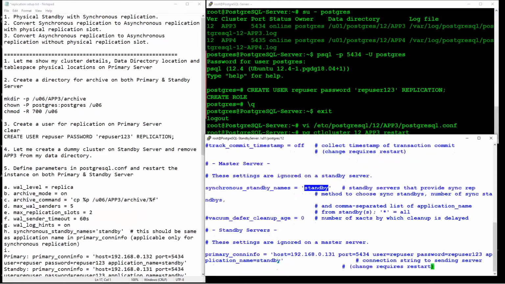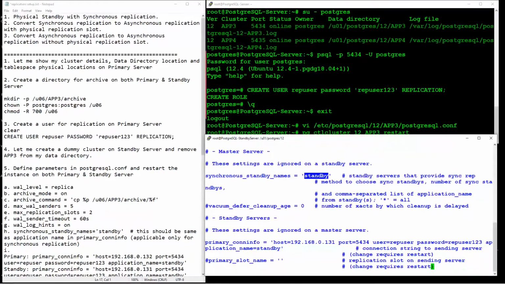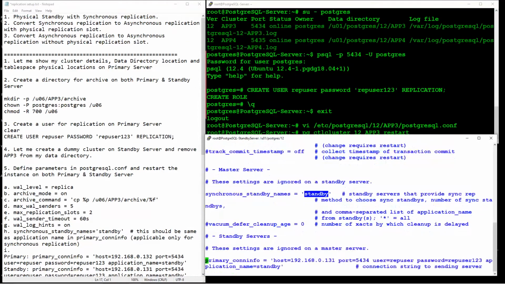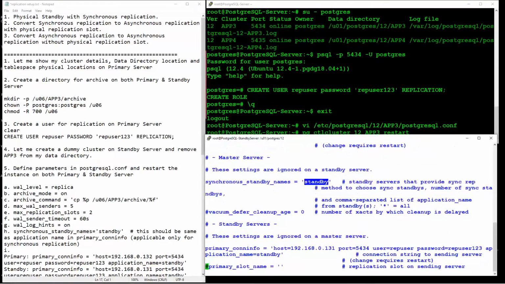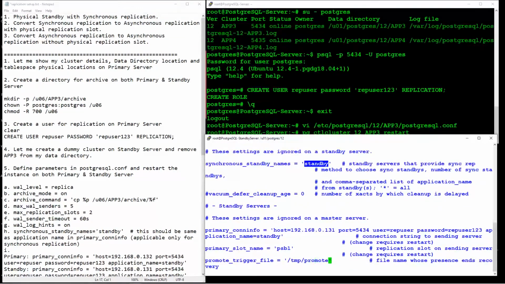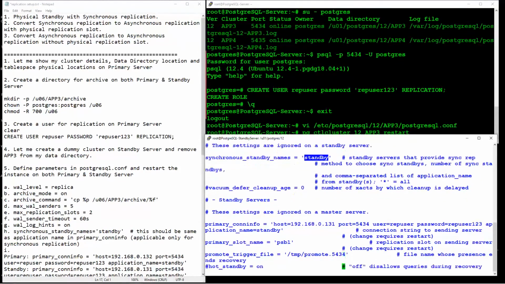Okay, now let me remove this, and my slot name I defined PSB1. The final one is hot standby.